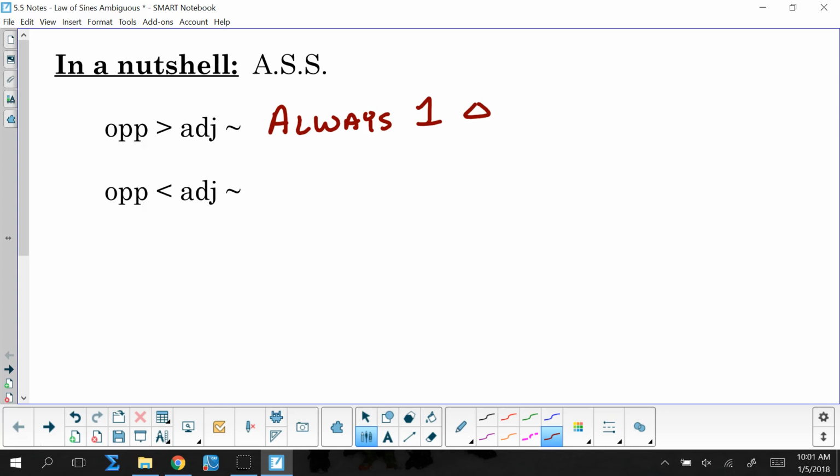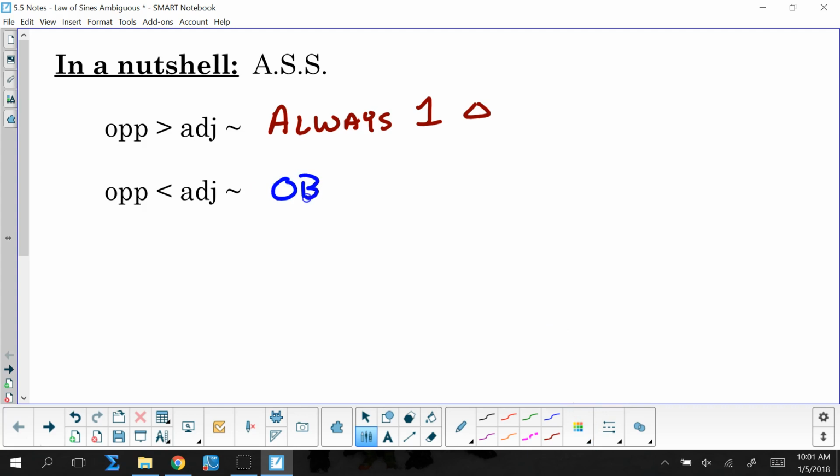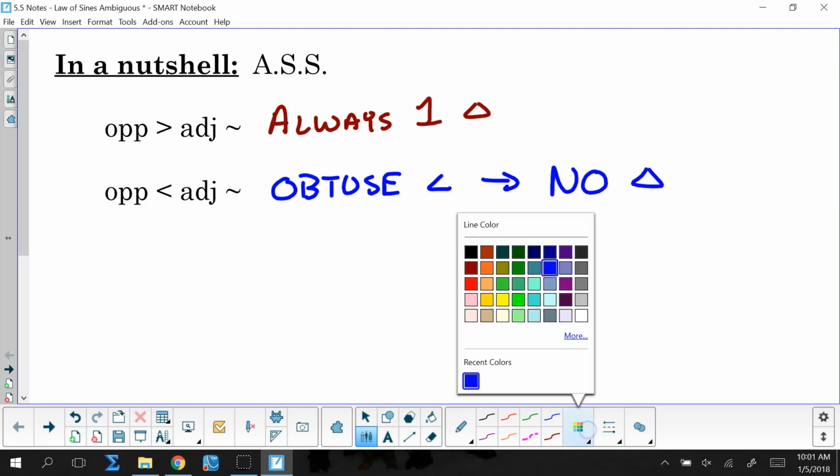If it's an obtuse angle, we are in a no triangle case. If it's obtuse, no triangle is formed, move on to the next problem. If we're in an acute angle case,